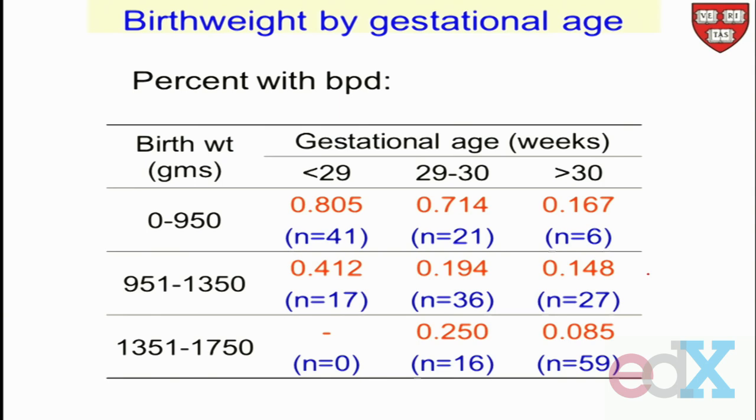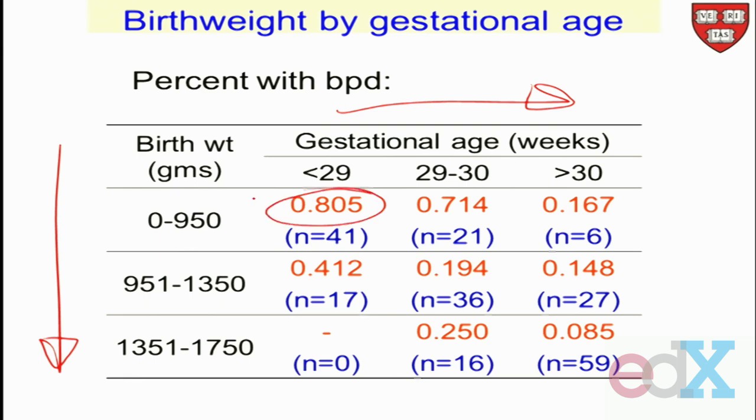Here's a 3x3 table. Once again, this is just for expository purposes. What I've done is broken them up into those 3 groups by birth weight, and into these 3 groups by gestational age. Within each cell, we can see what proportion have BPD. So this is about 80%. This goes down to 71% and then plummets down to 16%. Sure, the number is very small in here, so maybe we shouldn't get all excited about this, but it certainly looks like